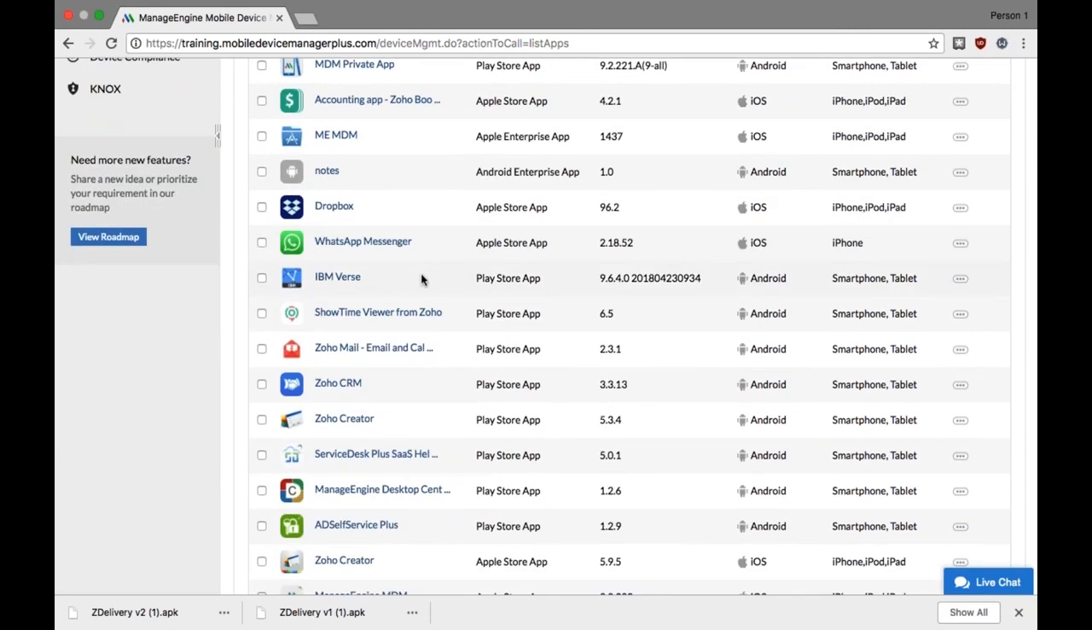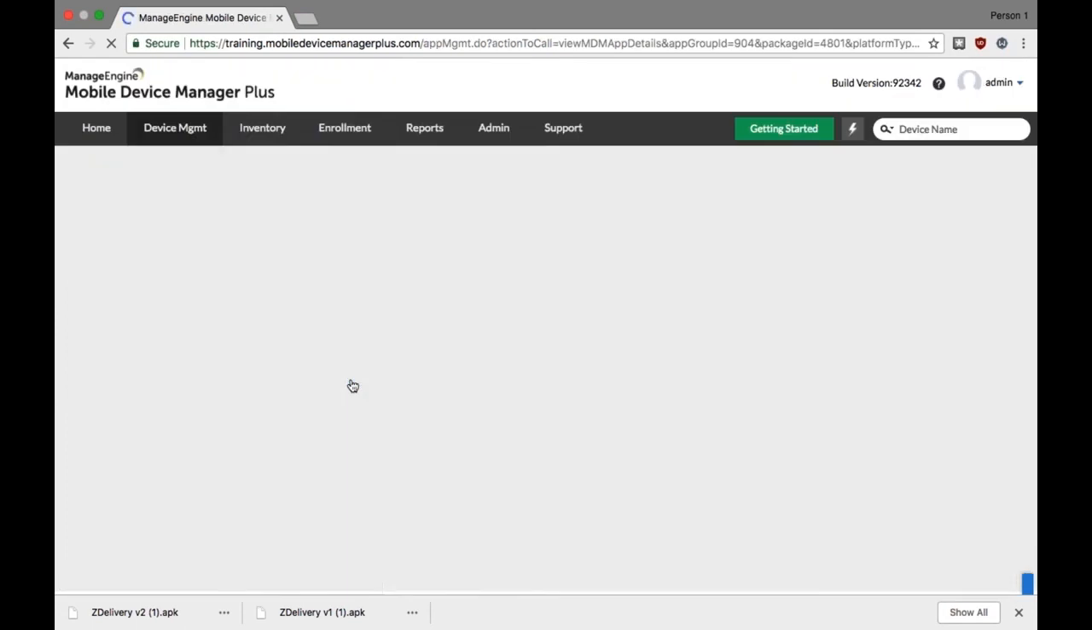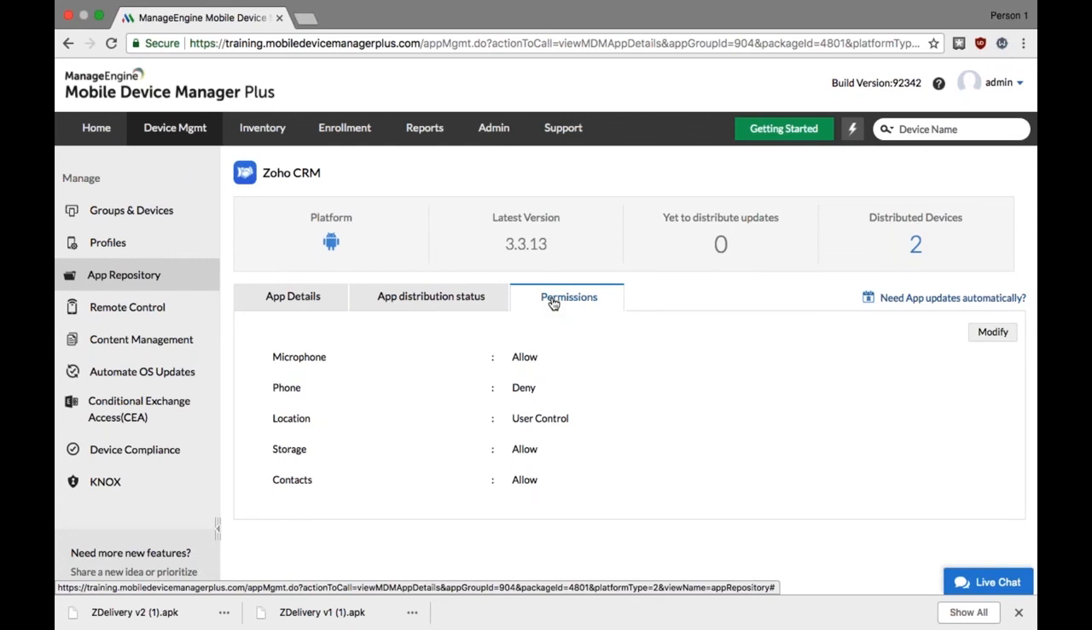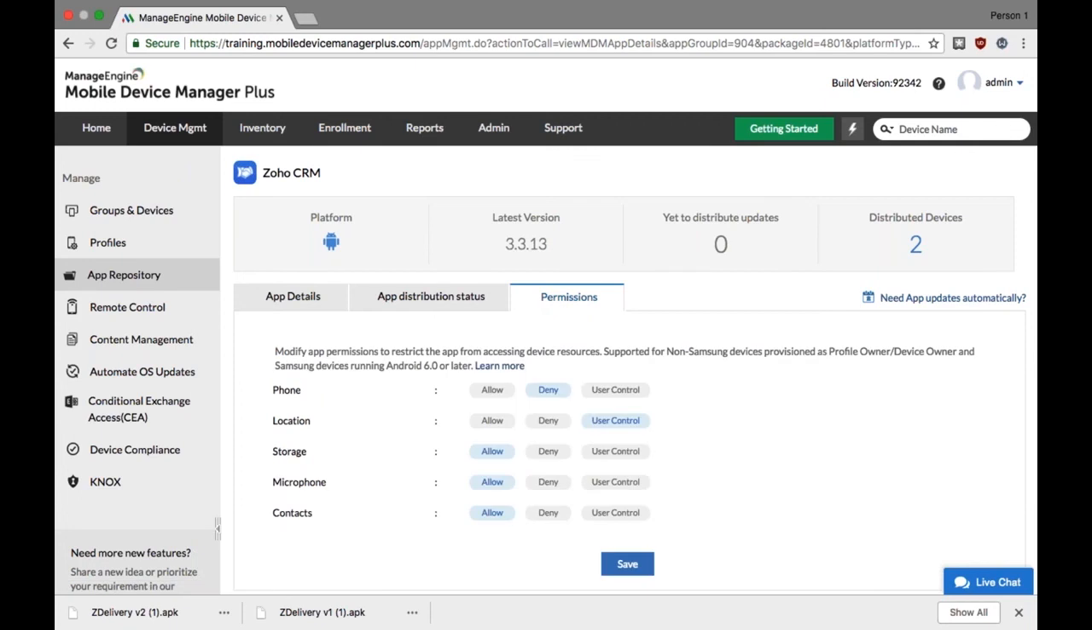So let me show you a very interesting feature that I told you about, app permissions. So I'll click on this app, Zoho CRM, and click on permissions. As you can see, all the permissions that were shown on the Play for Work page are listed here. But the real benefit is that you can choose to pre-configure these permissions as well. In case I want to deny the